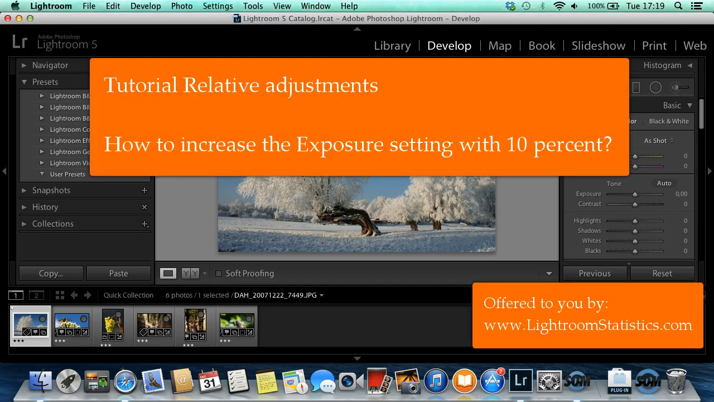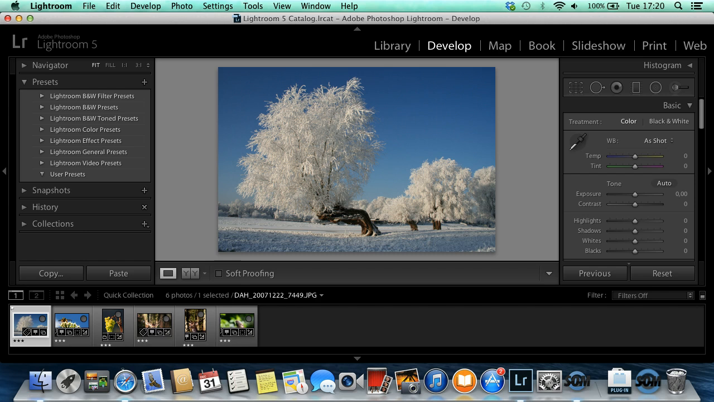Welcome at Lightroom Statistics. In this tutorial you will learn how to increase the exposure of a series of photos with 10%. Of course this is an example. Instead of exposure, you can create a preset with any number of develop tools and change the values of them